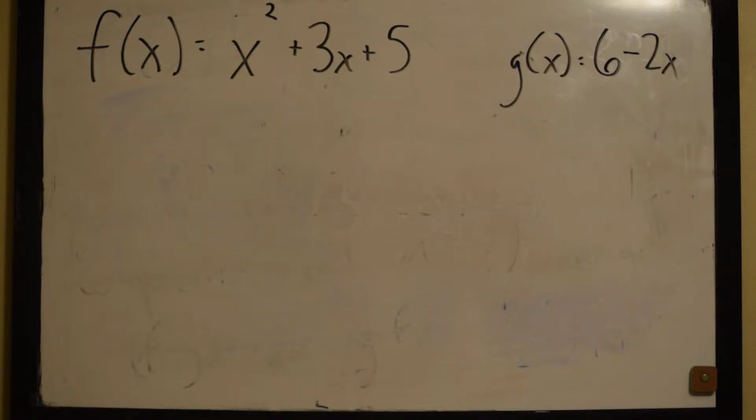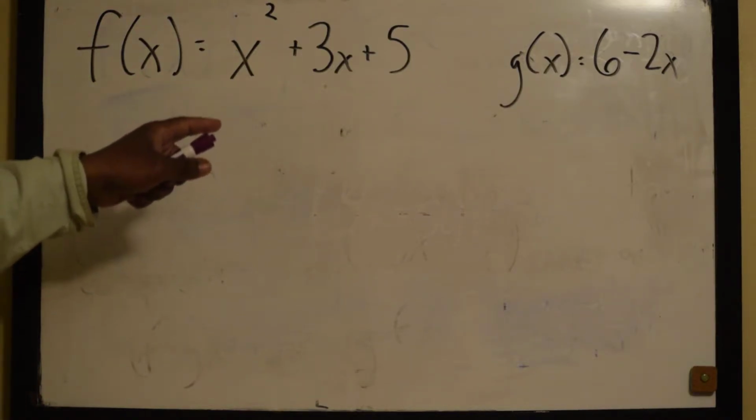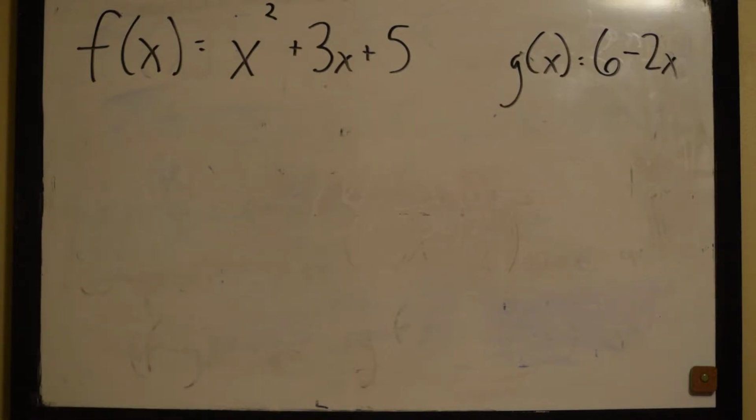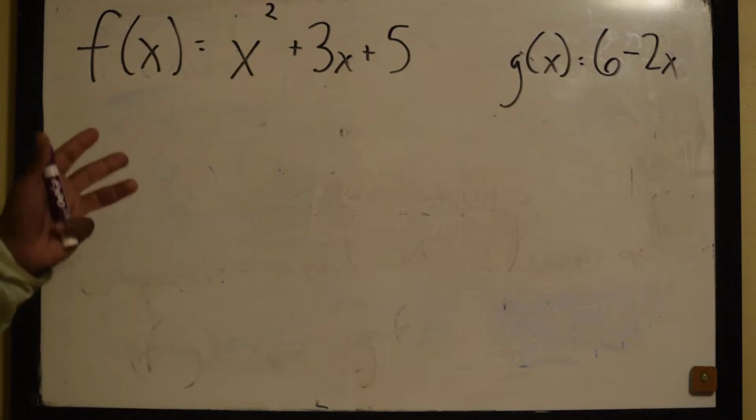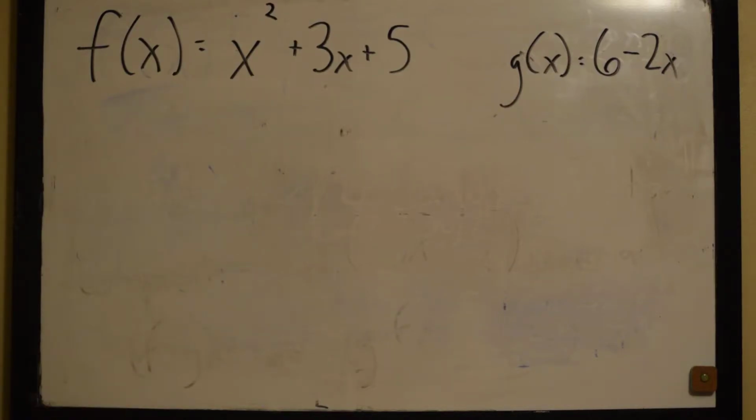Okay, here's another problem where we would use function composition. I have f of x is equal to x squared plus 3x plus 5, and g of x is equal to 6 minus 2x. I wanted to give an example that had a trinomial in it. All right, so first I'm going to say